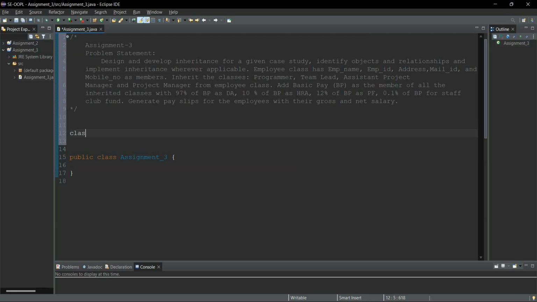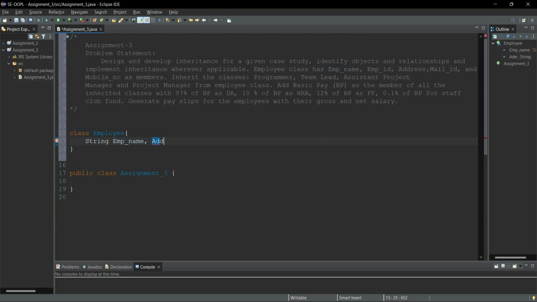I'll write here class. The name of the class is employee, and inside this class we have these fields: employee name, employee ID, address, mail ID, and mobile number. I'll create those variables now. String employee name, so employee name will be string, then employee ID is there, address will also be string, so I'll include this by separating it with commas. Then mail ID will also be string. Next is mobile number. Mobile number I'll also keep as string only,